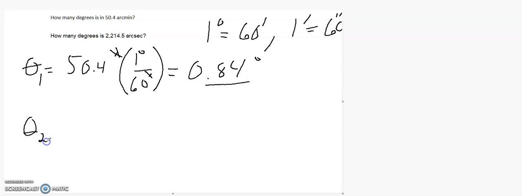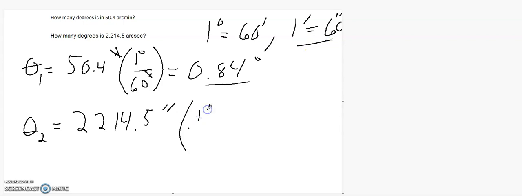Theta 2 is 2,214.5, and it's arc seconds. So it's basically 2 conversions. We're going to start with this one. We know that 1 arc minute is 60 arc seconds. I'll write that again, and then, of course, one